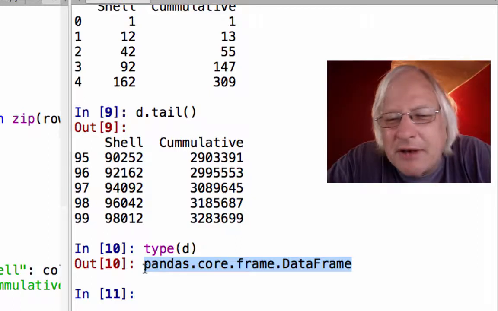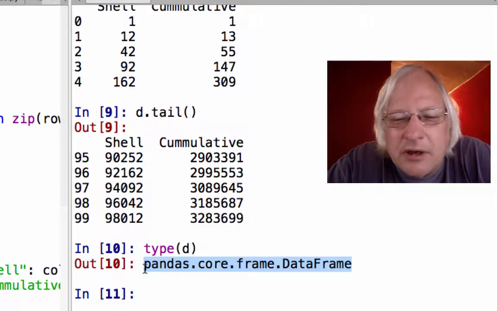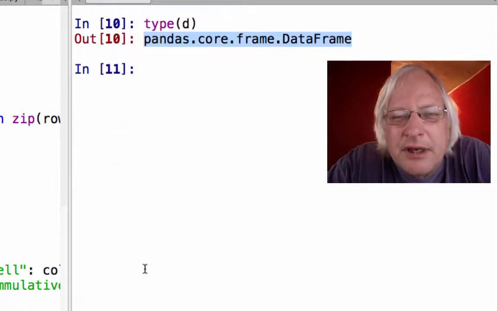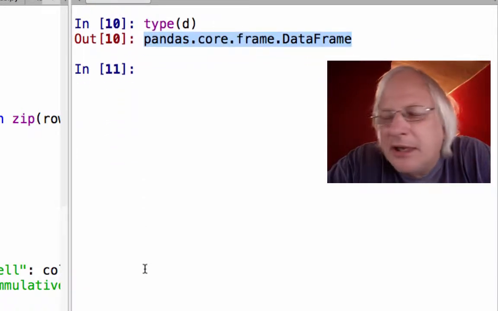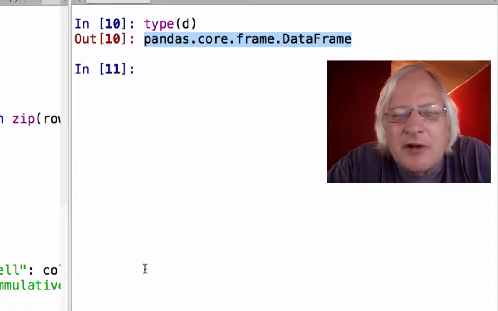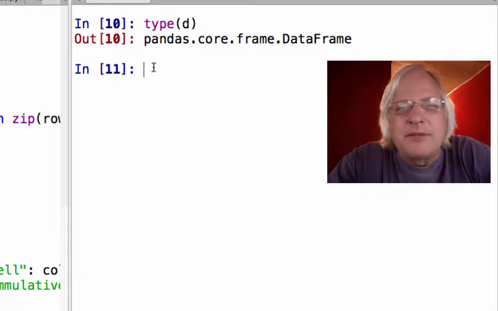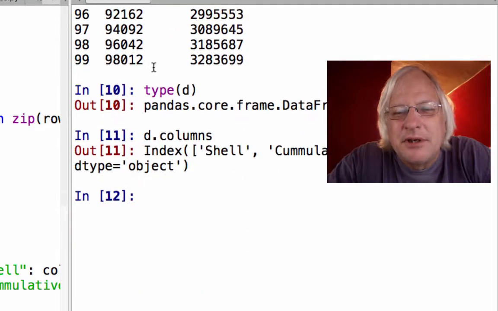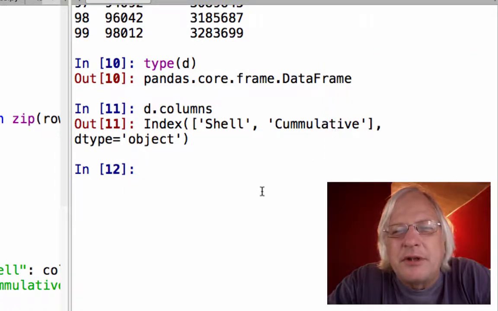They're sitting around in New York right now really working on learning more, because it's become important in the same way spreadsheets are important. It's an object that in a lot of ways is like a spreadsheet. In other words, it has rows and columns. Let's see if I can get the names of those columns. So there's shell and cumulative.